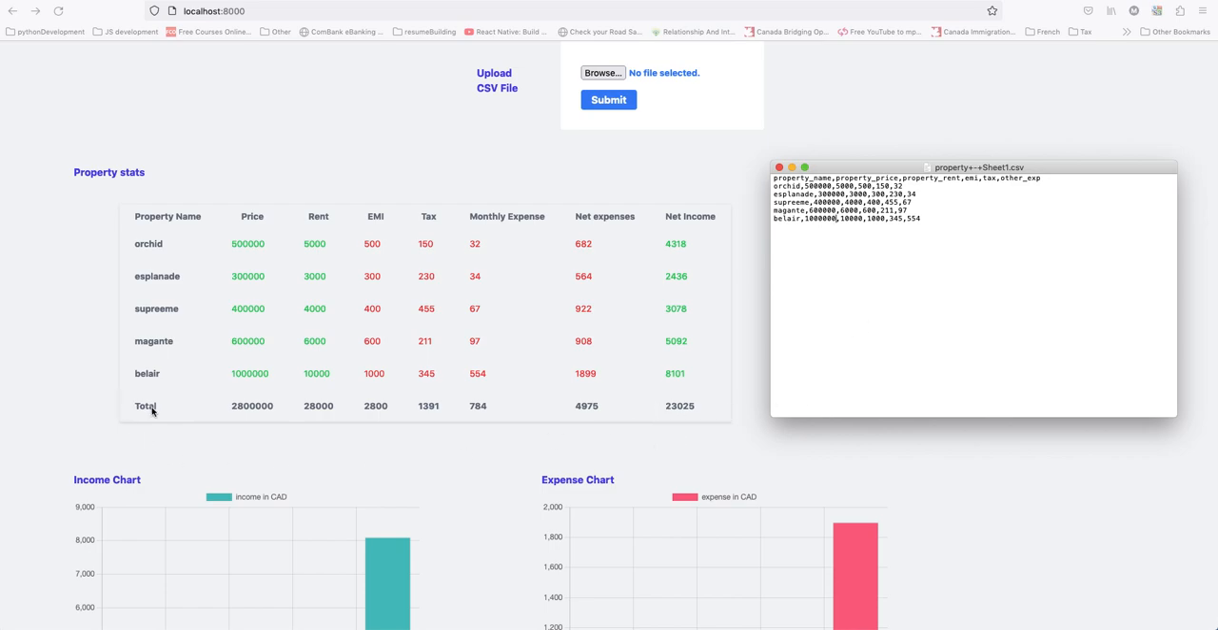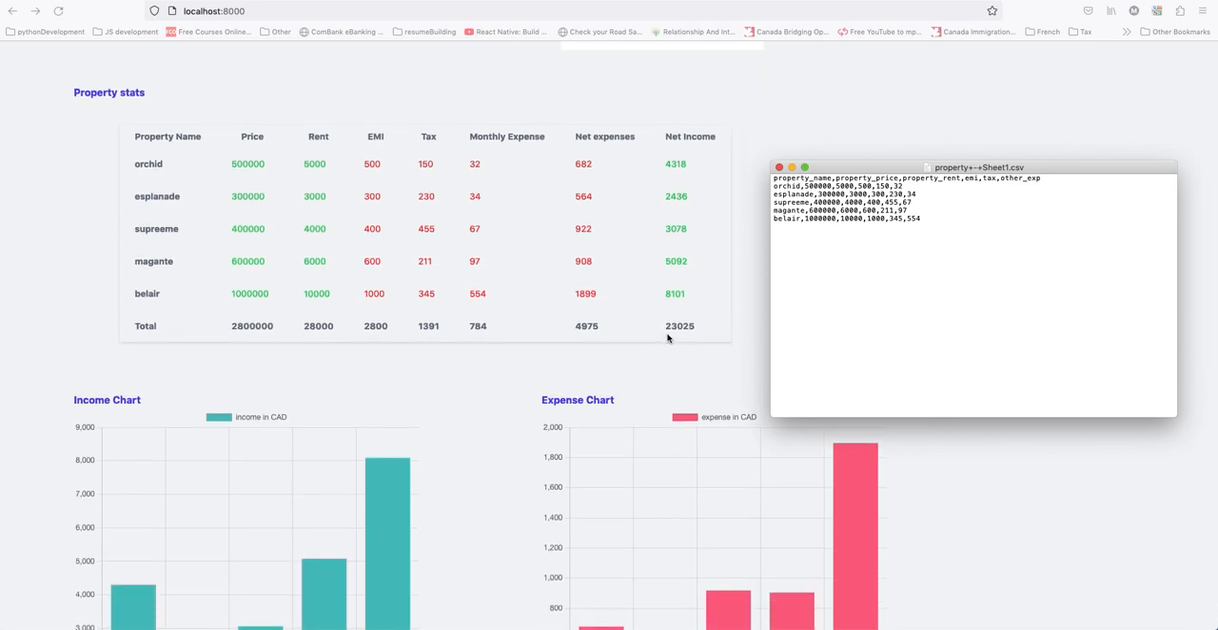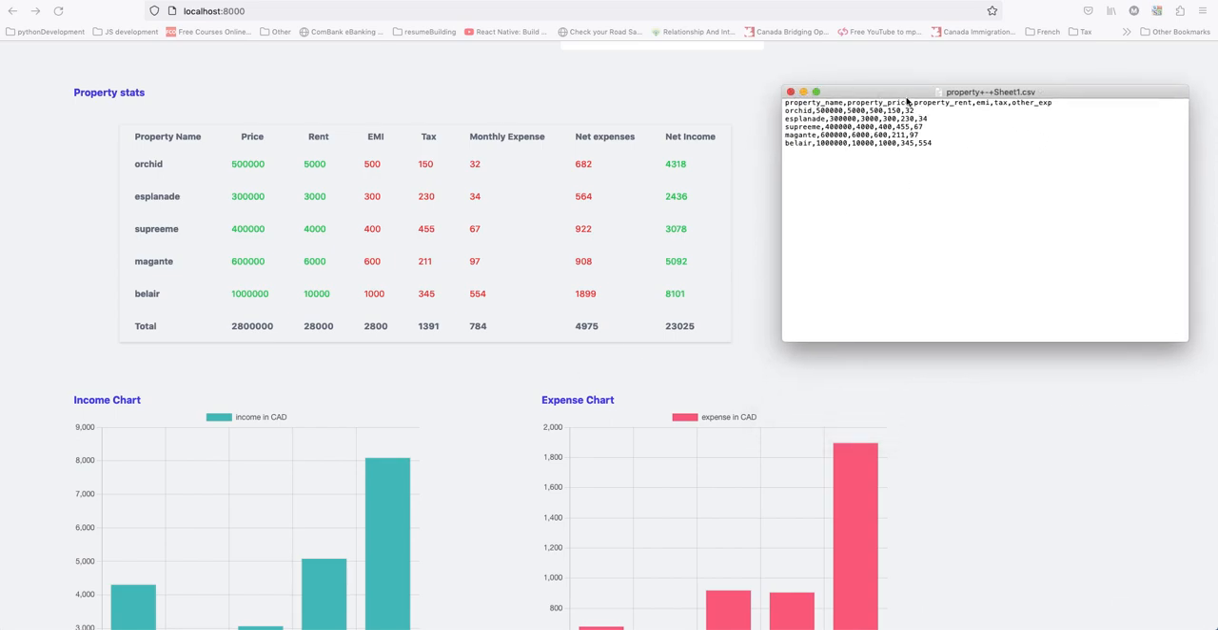And here at the bottom section we can see the total of every individual property. So we can easily see the total price worth of each property, total rent, and accordingly other information as well, net income and net expenses as well. So if we close the property file,